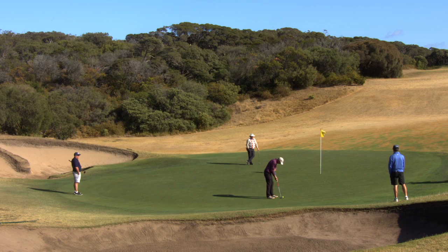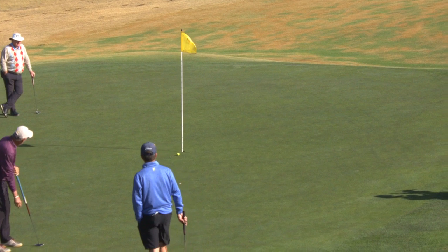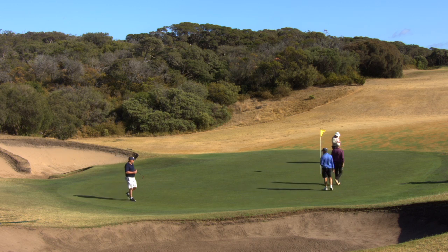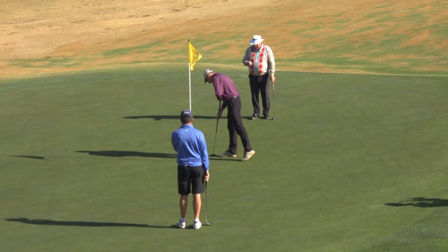So if that is Peter Senior down there, we are doing our best to identify, but I'm starting to think, now there's an example on the 12th hole, John, a yellow or a lime green golf ball. Yeah, it's not really yellow, is it? Yeah, it's like a sort of...